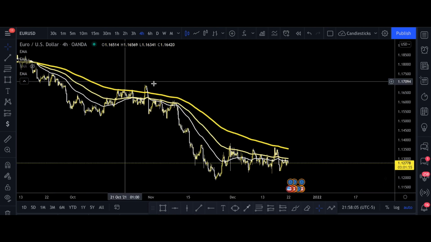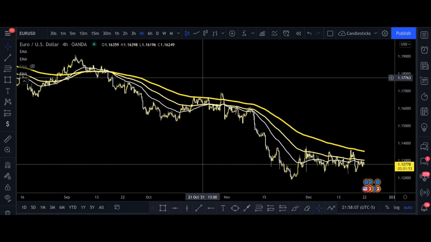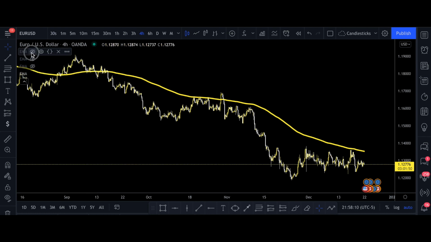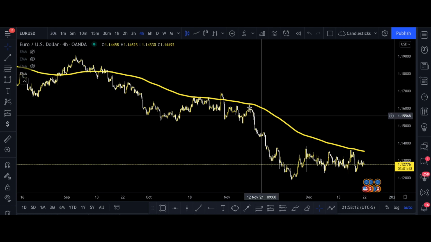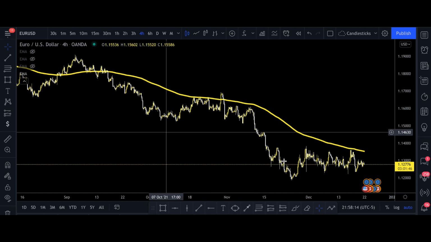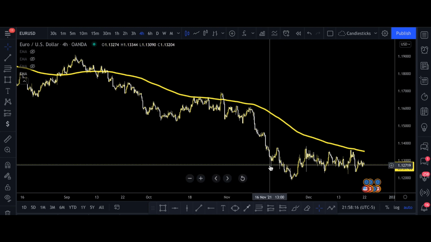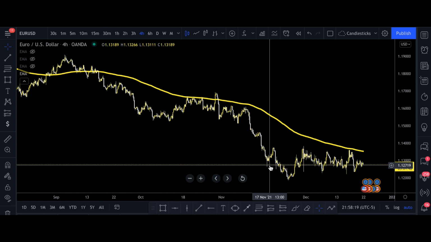So let's go ahead real quick, and I want to jump over and take a look at recent price action and really kind of break some of this stuff down. I'm going to turn off a couple of these EMAs. I want to get rid of some of the noise, and I want to show you, even with just the simple 200 exponential moving average, how you can use this with your trading plan